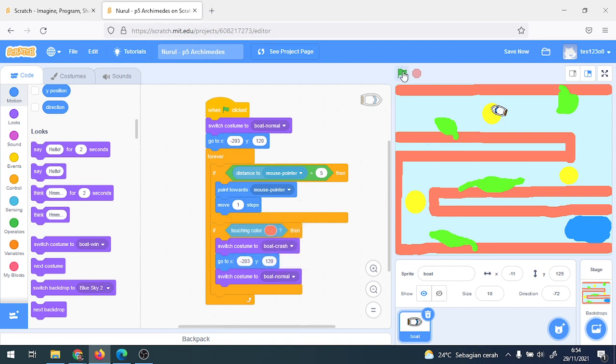Okay, let's see it together. I will touch the red area. Okay, it goes back to the starting position. I will touch it again. It crashes and goes to the starting position. But as you can see, you don't see the switch custom. So to make the custom of the bot crash show on the stage, I think